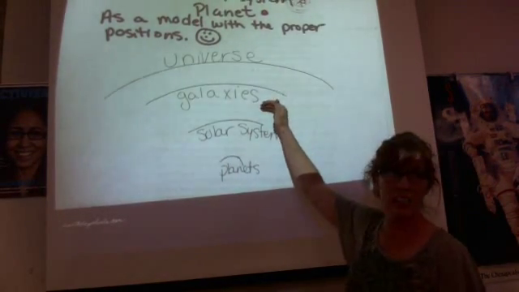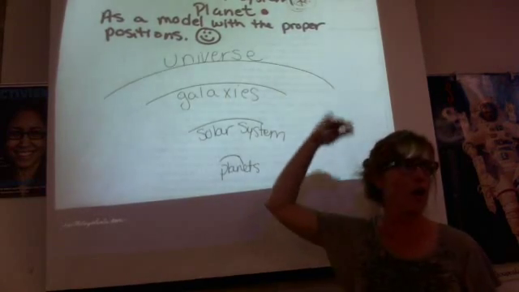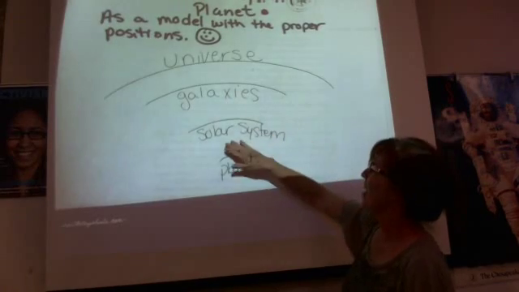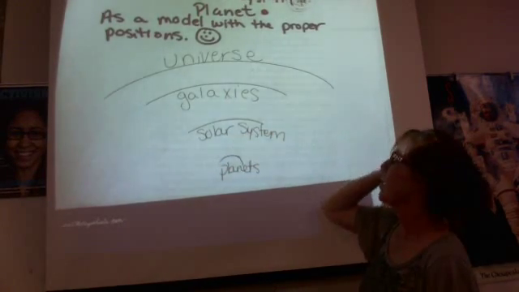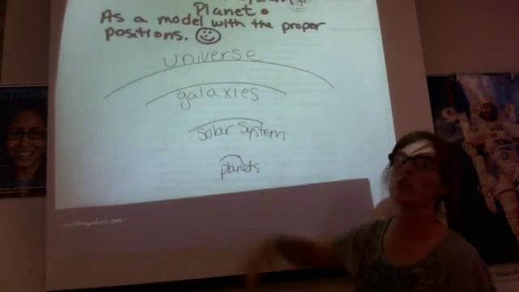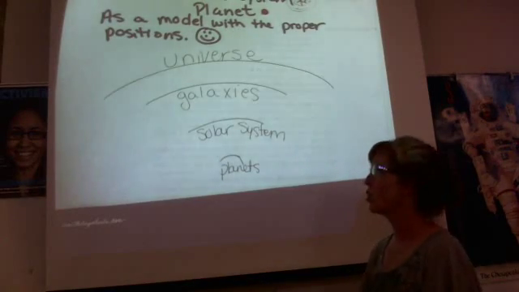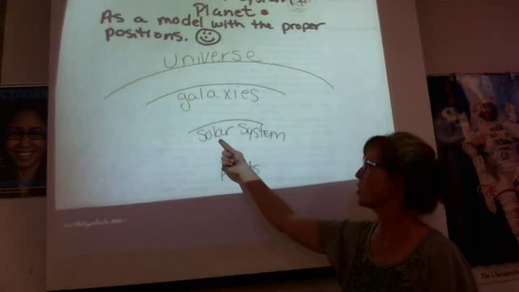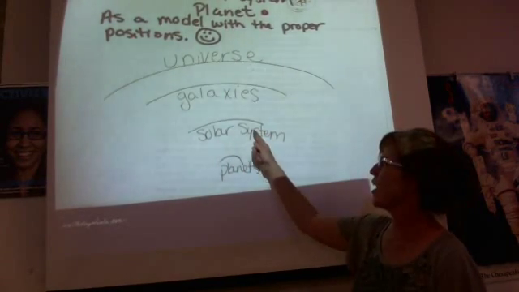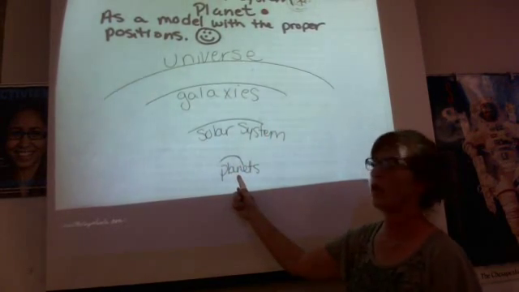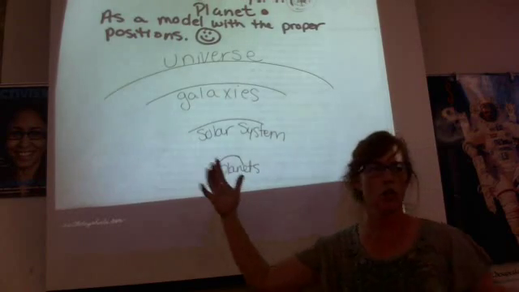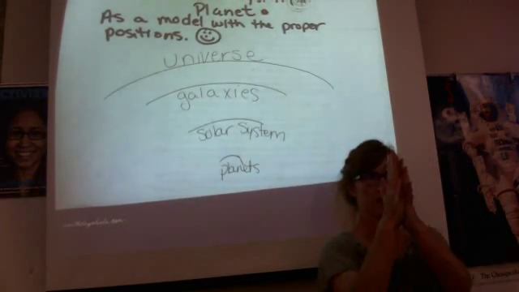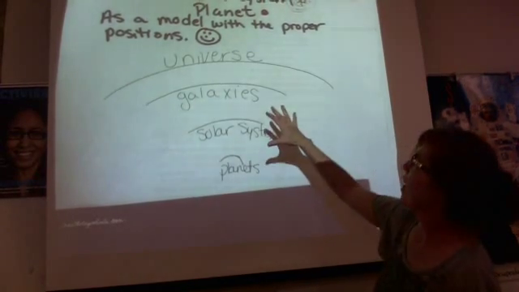Within galaxies, ours is the Milky Way. And then within that Milky Way, there are billions of stars. Our star, we call the sun. It's the center of the solar system. Within that solar system, there are planets. So it goes from the really big picture down to the planets. Okay? Knowing that,